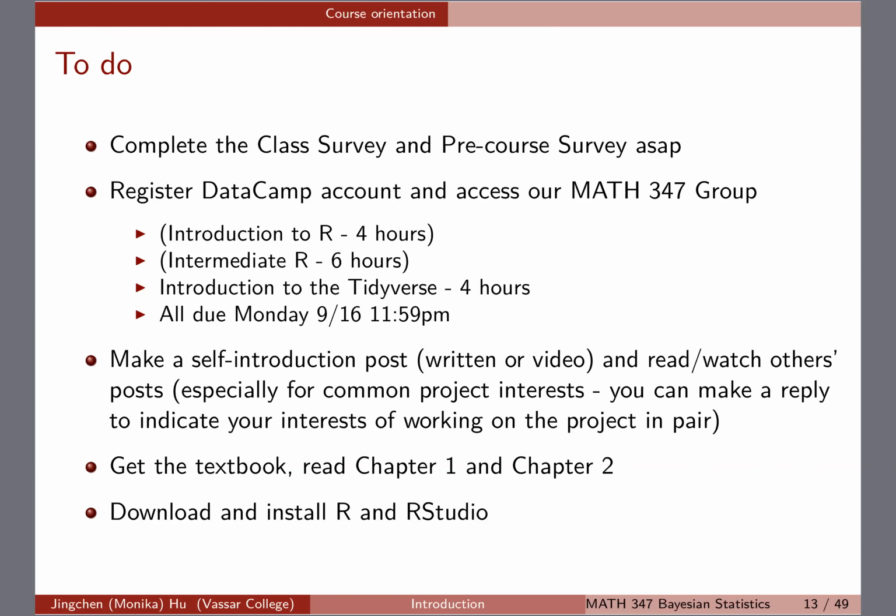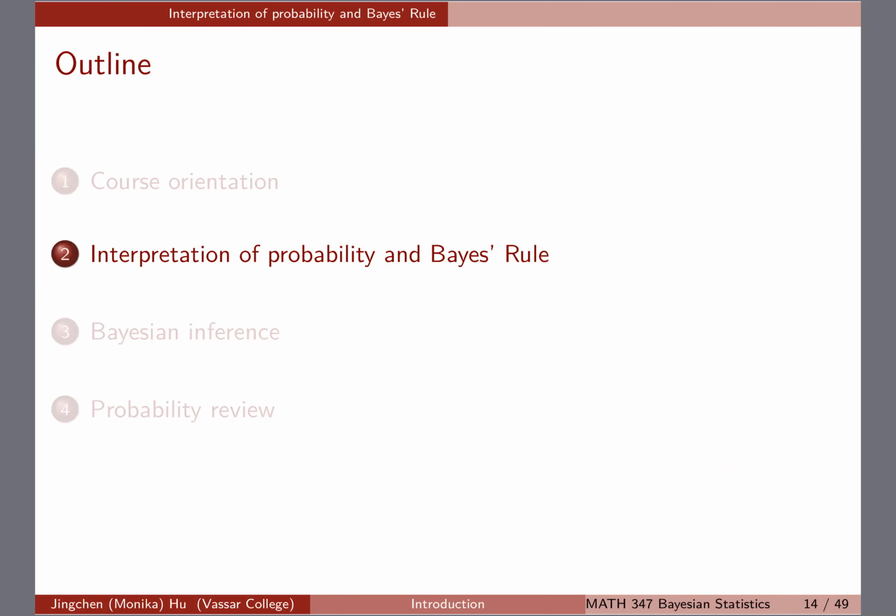Okay. All right, and of course, make a self-introduction post and try to read others' posts, especially for common project interests. Get the textbook, read chapter 1 and chapter 2, and then download and install all the courses. So this is to do, I'm sure some of you already did some of this. This is great. But after class, if you can do it as soon as you can, that would be great. So this is, of course, orientation. So what I would do is that